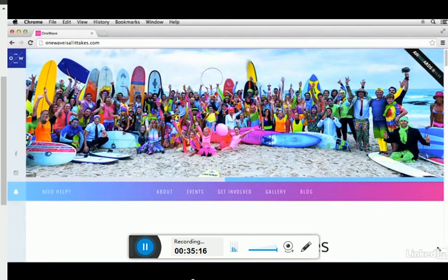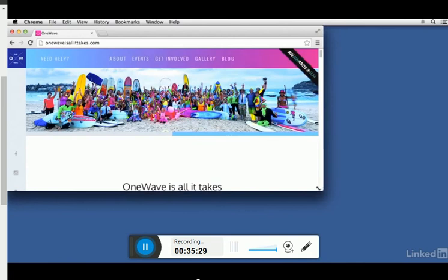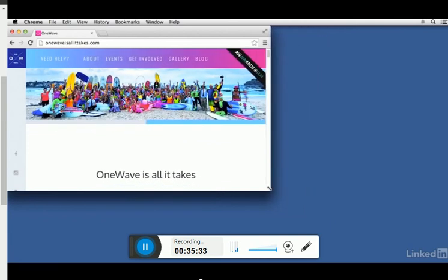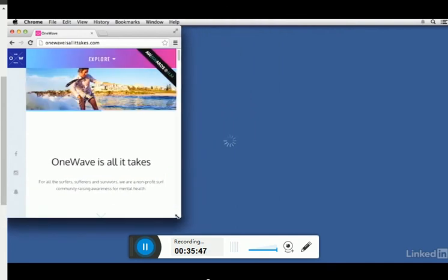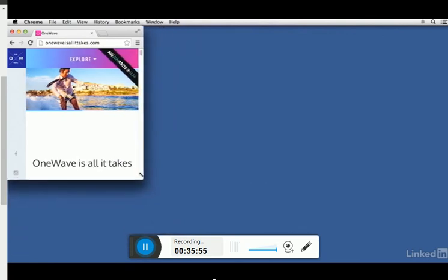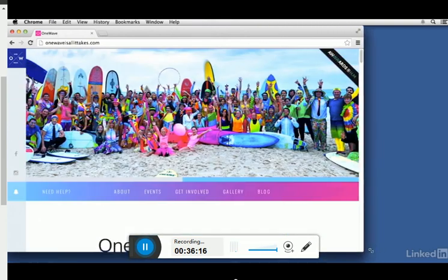What I'll do is simply drag the window to shrink the viewable area. This sort of simulates different screen sizes. You can see the page starts to respond, tweaking its design and adjusting to match the available real estate, which is great is that the same code is served to all the devices. You won't need to build multiple